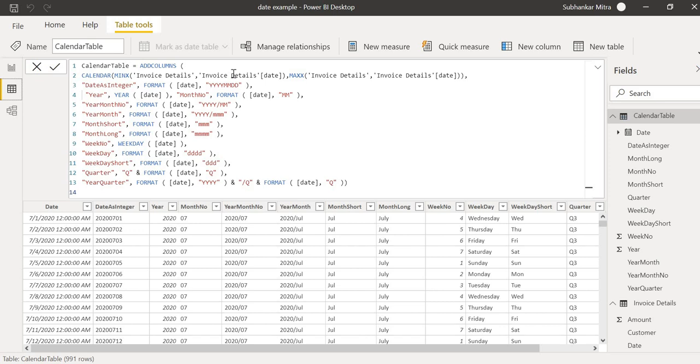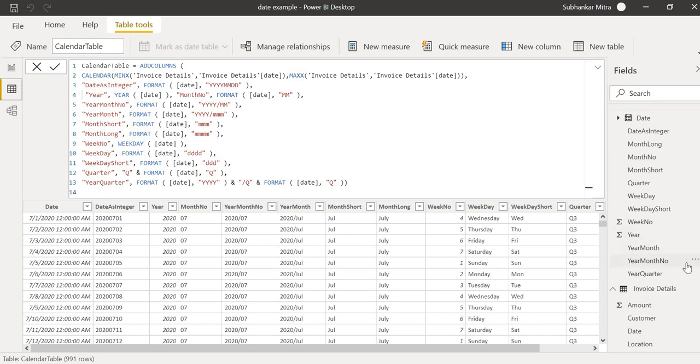And one more thing, as you can see in my data we already had this invoice details, correct? This was the sheet name or the pre-existing data table name. So if you are using some other data and the name is something like maybe XYZ, the name of your sheet, instead of invoice details, then in this function you have to mention XYZ instead of invoice details, whatever name you are using for your pre-existing data. Otherwise this function will not work. So always you have to make that change.